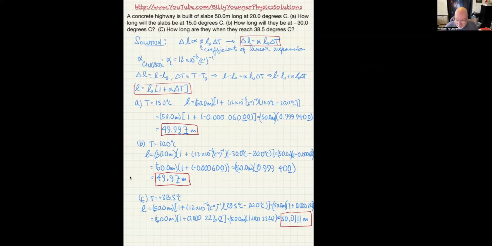So that would be the ideal scenario because that actually allows it to increase or decrease by that much without actually introducing a hole. In fact, you don't get, quote unquote, a gap between the slabs until these fingertips are not aligned with each other. Then it would be a gap, but you'd start off with like a millimeter, and that wouldn't be a big deal for a vehicle. So I hope that helps you understand how to use the coefficient of linear expansion and the equation for linear